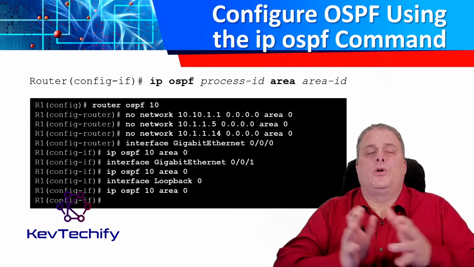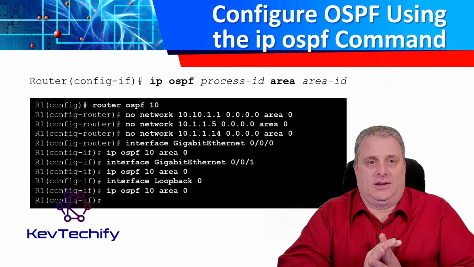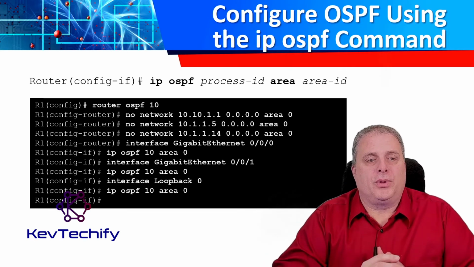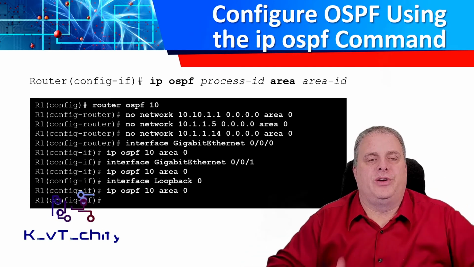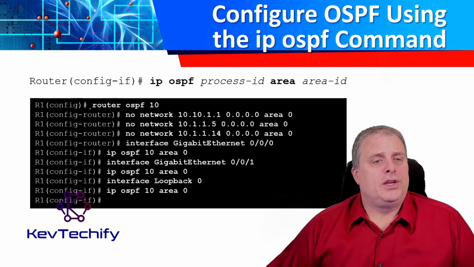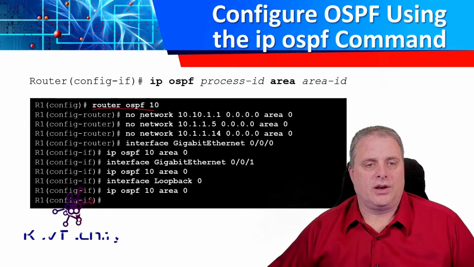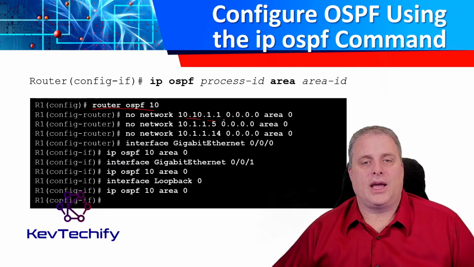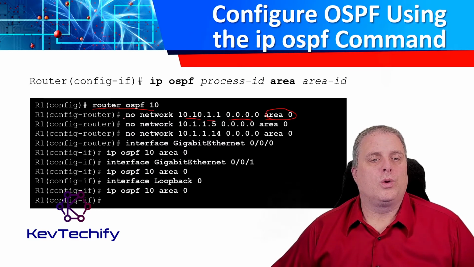You can also set up OSPF version 2 using the IP OSPF command. In our example here, I want to show you first how to remove those network statements we previously set up. Go into your router, go into the configuration of your routing protocol, OSPF 10 here, that's that process ID. And then instead of putting in your network statement like we did there, and so our network statement was the network, the IP address, followed by all zeros, and then our area ID, you put the word no before it,